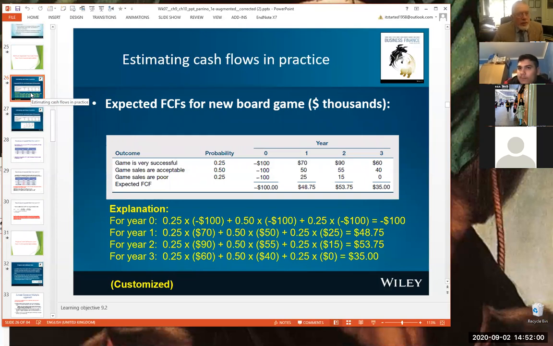Two or three weeks ago, when we were talking about risk, we were talking about estimating probabilities, and we went through the mechanics, the mathematics of working out weighted means. And this slide basically is simply an application of that for a set of cash flows. We were looking at something a lot simpler, but here it's the same thing, just a weighted mean. It means that every element you're going to be taking a mean from is just weighted by the probabilities.